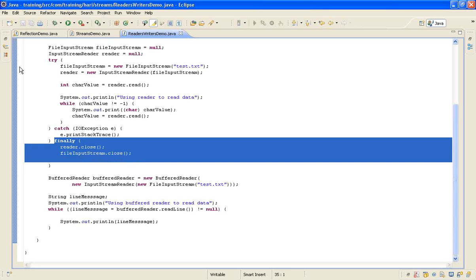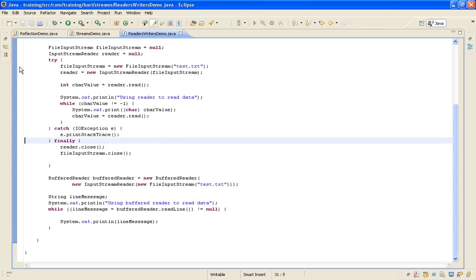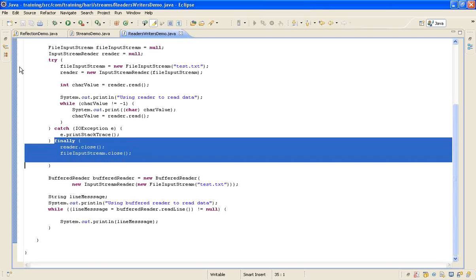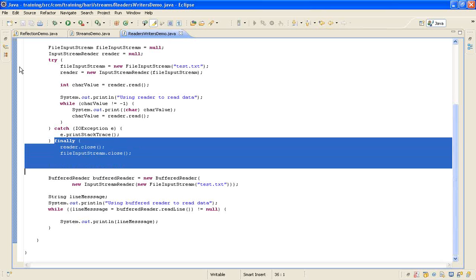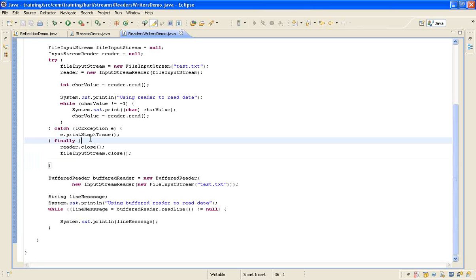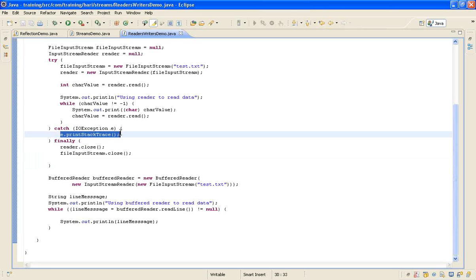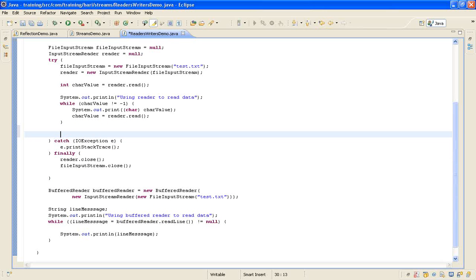Finally block we discussed in the exception handling, that finally is about doing something at the end of it. Whether there is an exception or not, this block is going to be executed. Finally block will get executed. So in other case, suppose if I try to do it after, if I try to do that, here